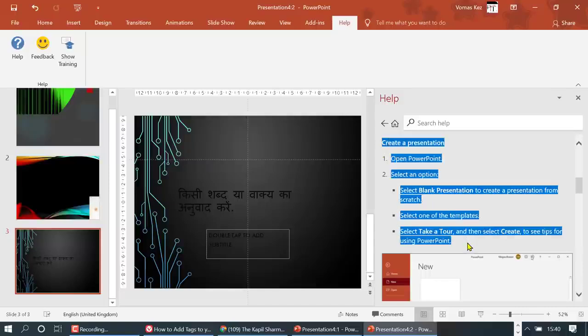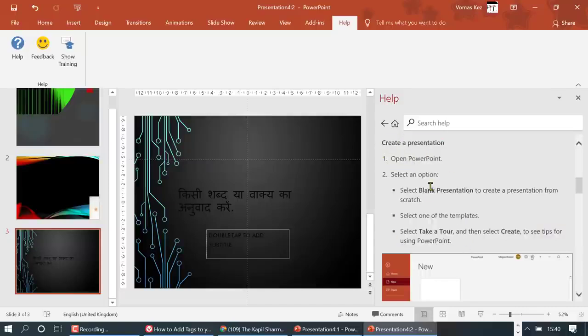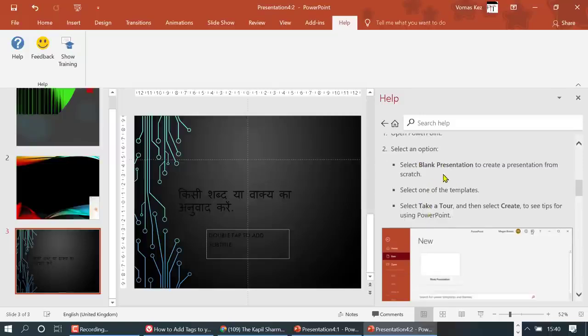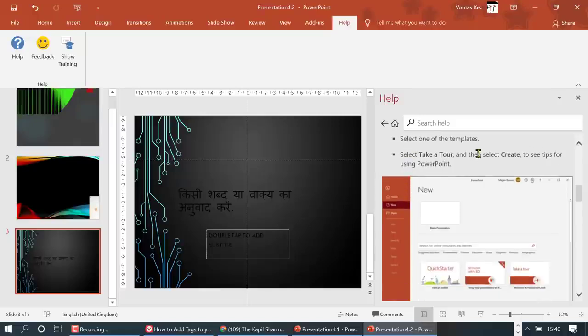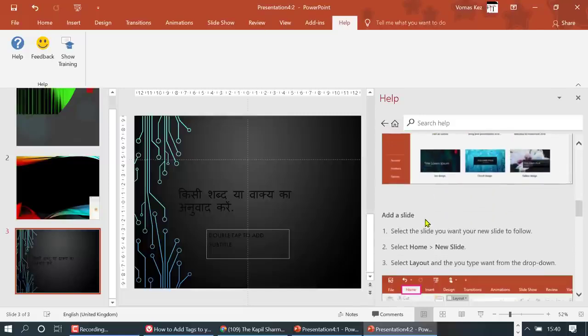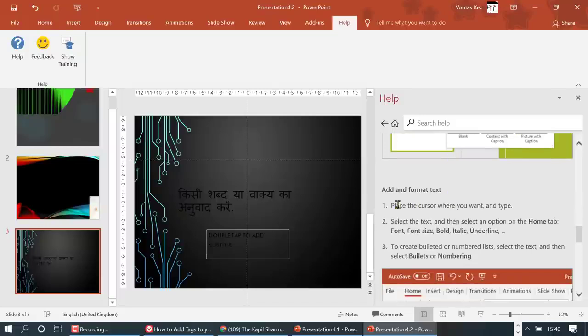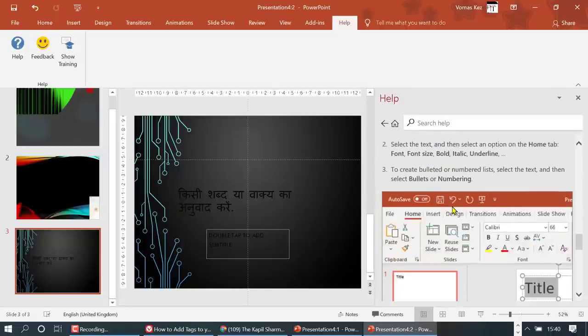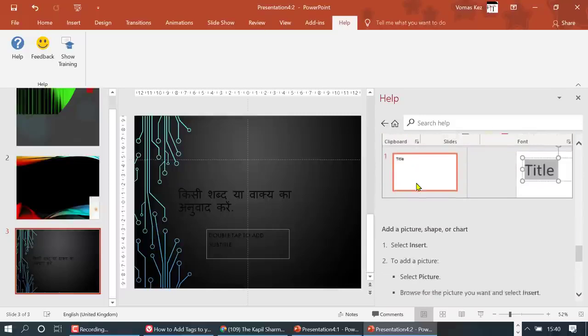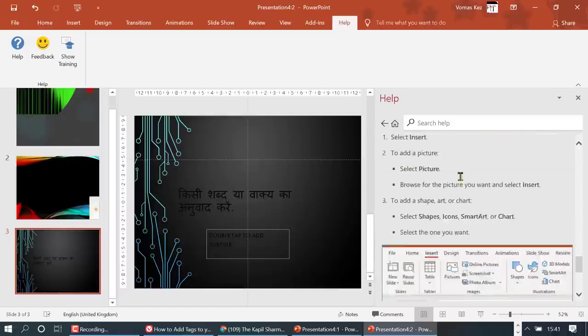And also you can learn from here. Create presentation: open PowerPoint, select an option, select blank presentation to create a presentation from scratch. Select one of the templates, select take a tour and then select create to see tips for using PowerPoint. Add a slide: select the slide you want your new slide to follow. Add and format text, add a picture, shape or chart,